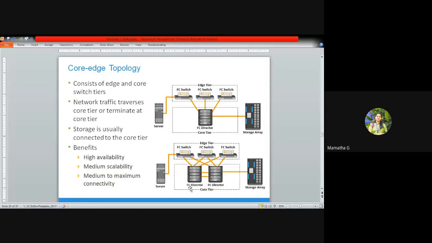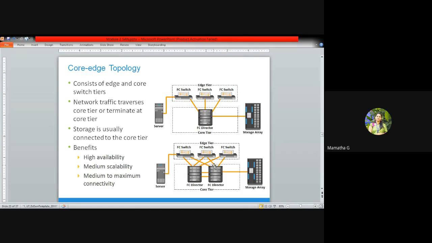But in your multiple core topologies, we will be using two or more FC directors, so that the data transmission rate will be high. This is the only difference between your single and multiple core topology. In single core topology, we have only one FC director which is connected to the storage and processing is done.